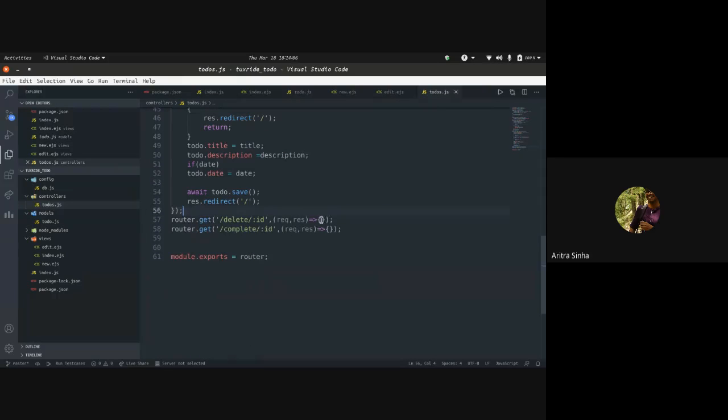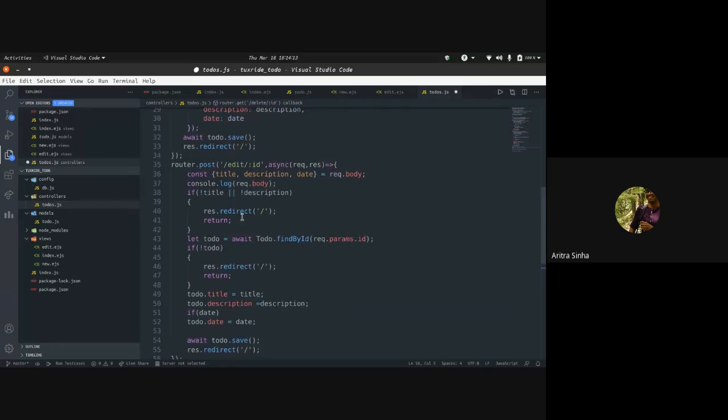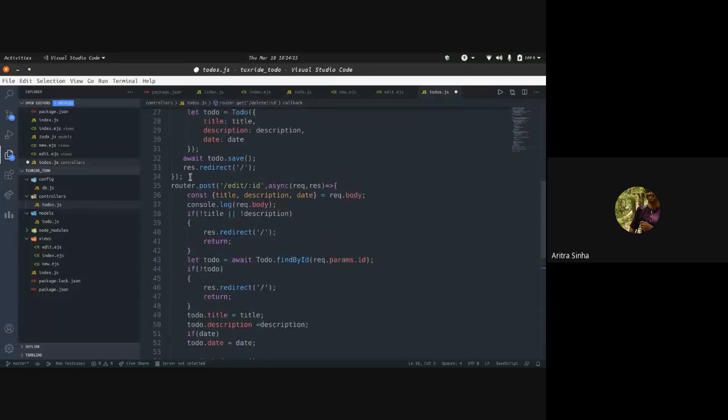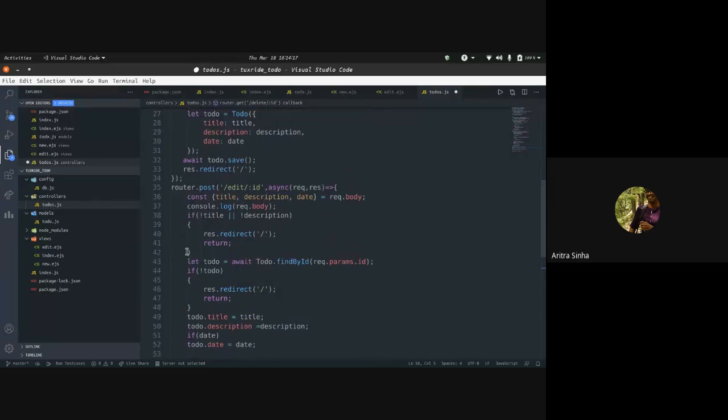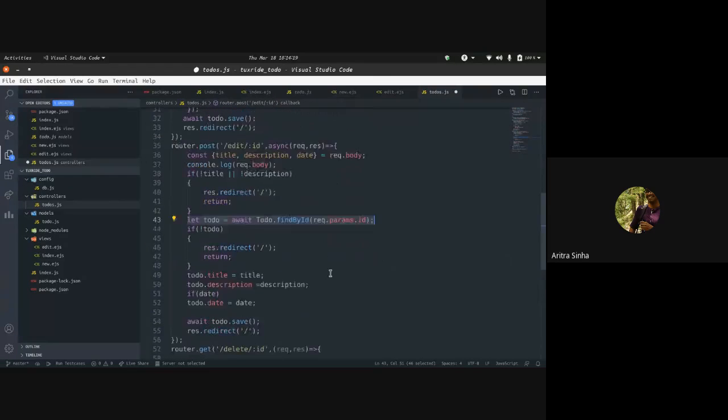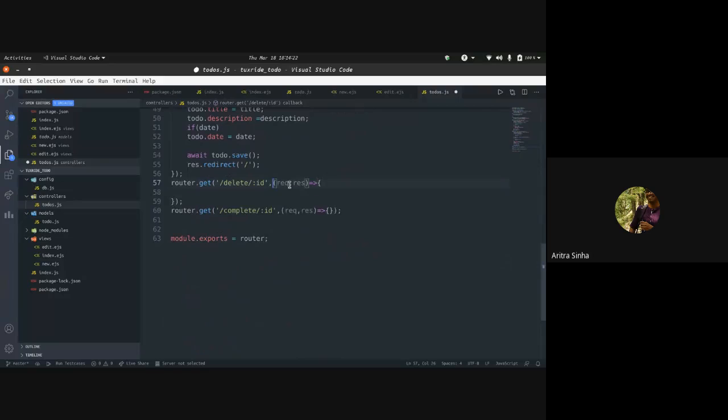Okay, so only 2 functions left, right? Again we have the id, so we'll use the same thing again, where we just fetch the to do, or let's just do it in a different way. We have a function for that actually.